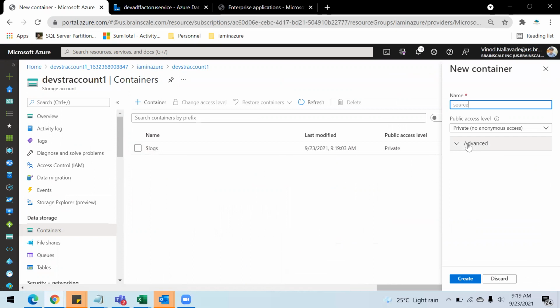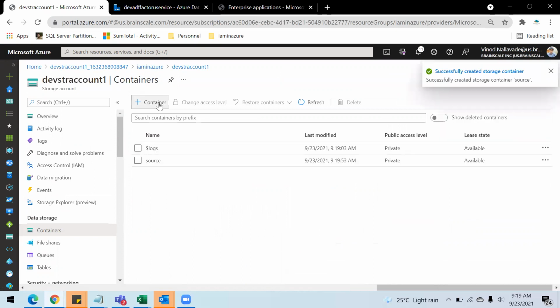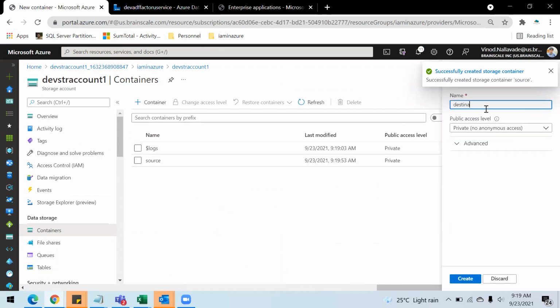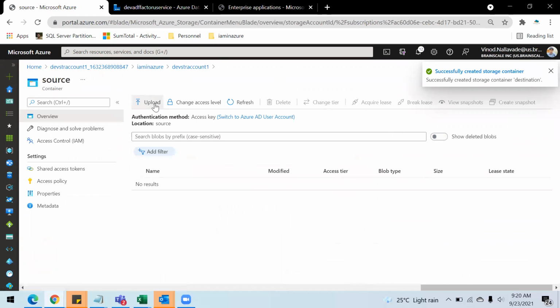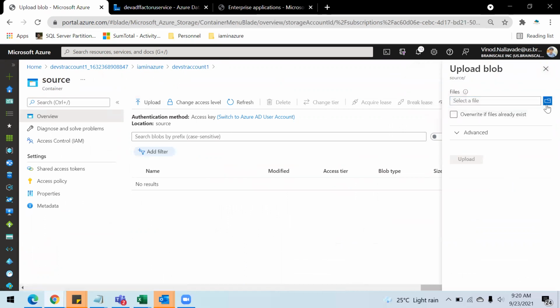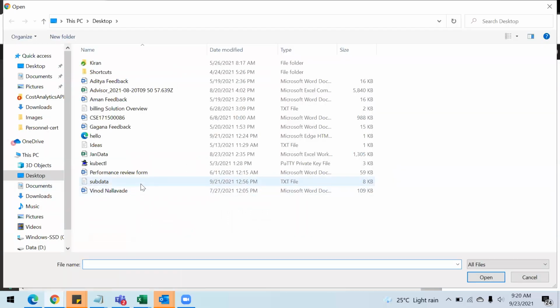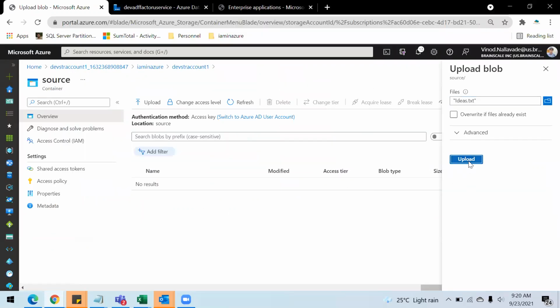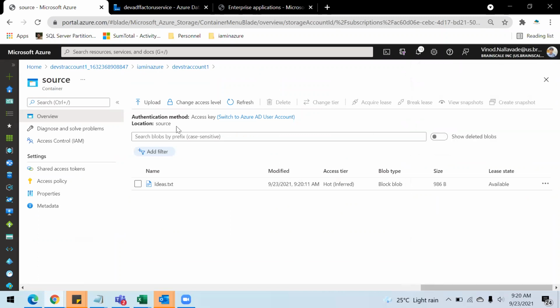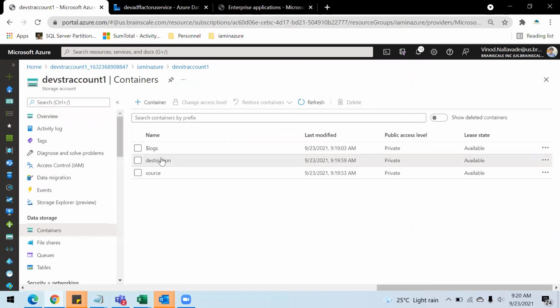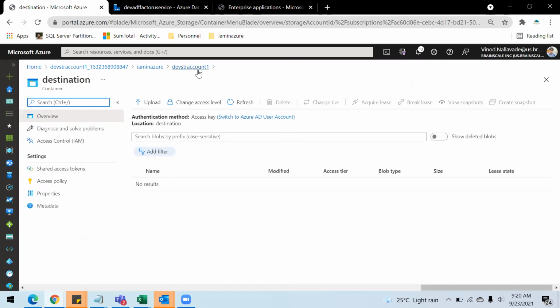So again going to source and destination, and inside source I'm going to upload some file just to test the pipeline again. Let's upload this file. Yeah, so we have this file here in the source container, and if I go to the destination container, right now I don't have anything.